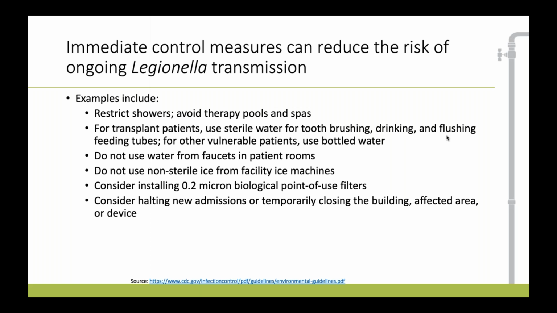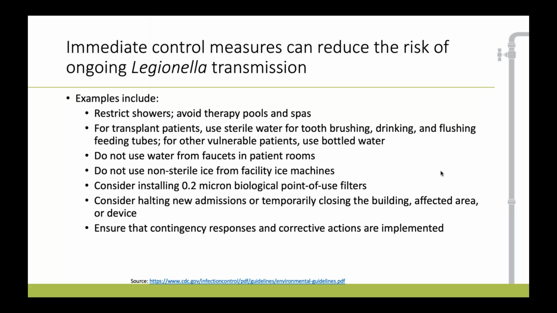And for transplant patients, we do recommend using sterile water for any kind of water-based activity like toothbrushing or drinking, or flushing feeding tubes due to the increased level of susceptibility among patients with those kinds of immunocompromising conditions. But the general gist of all of the immediate control measures is how can we prevent the Legionella that may be in the water supply from contacting patients and getting them sick.